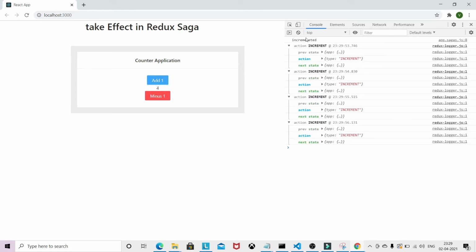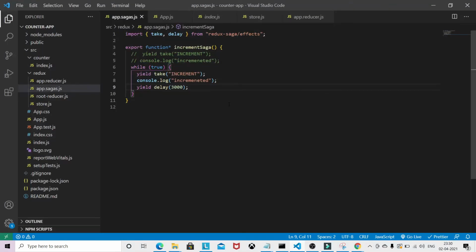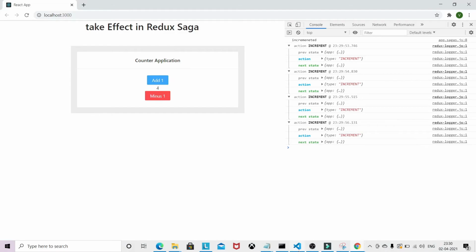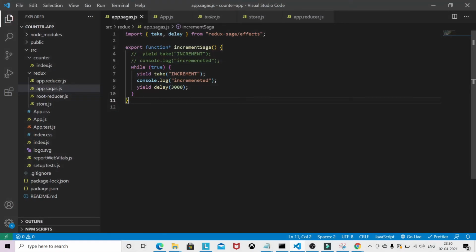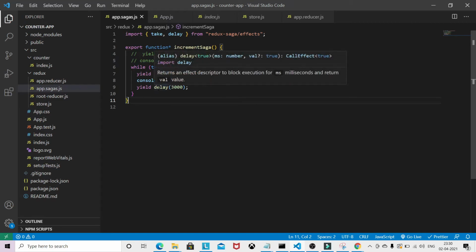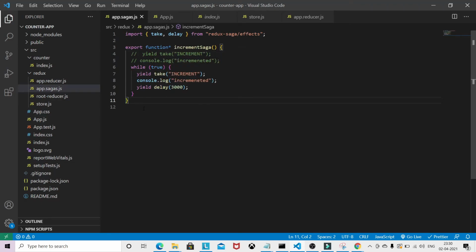Now again we are not getting the console log here. So this code is now blocked by this delay. You can imagine this is asynchronous code, and if we have some API request here instead of this delay, what's happening is the whole function is getting frozen and waiting for this delay to finish.